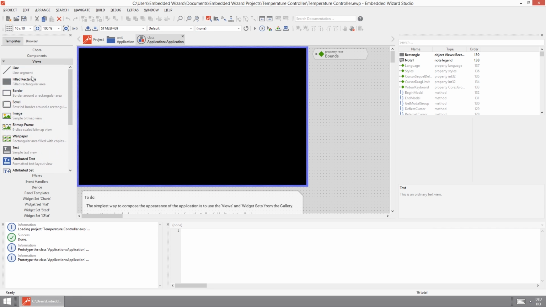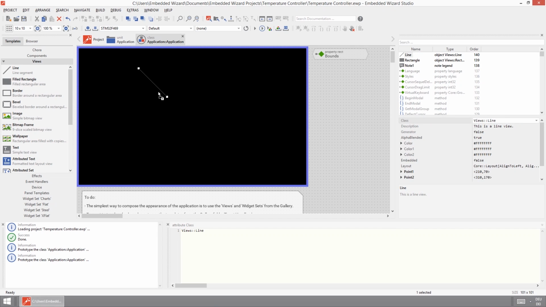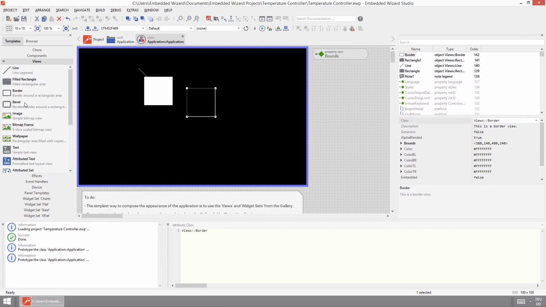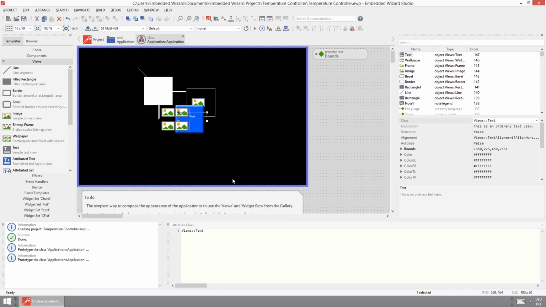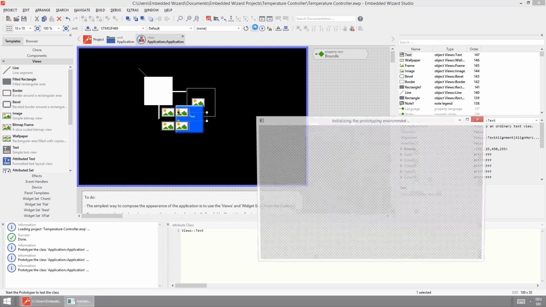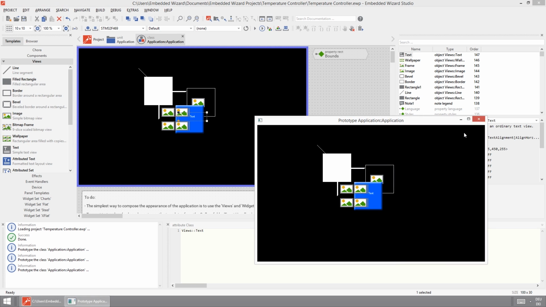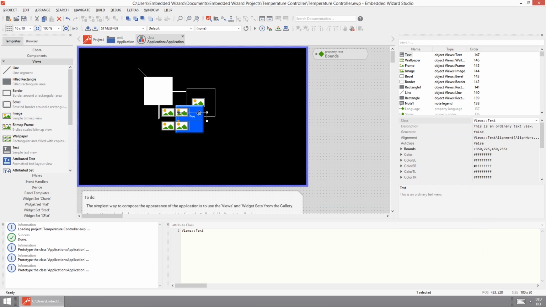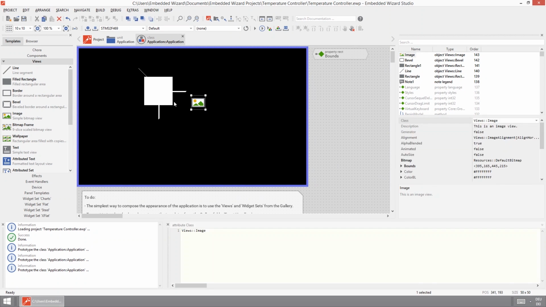So a view could be a line, it could be just a simple rectangle, it's just a border, a bevel, an image, a bitmap frame, wallpaper, some text views, etc. It's just very simple one. And of course, those can be prototyped instantly as well. So this one, as already said, very static one, just selecting all those elements again, removing them,